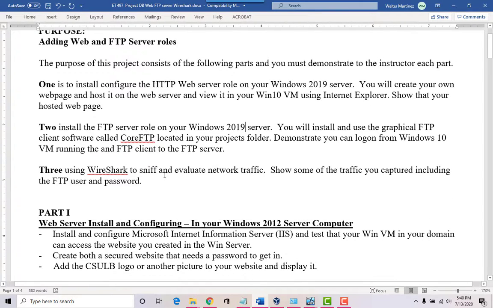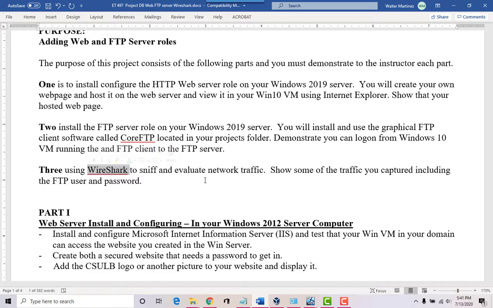And then the third thing we're going to do is install a tool called Wireshark. Wireshark is a product used to sniff packets. In other words, this software allows you to see what's going on in the network. Networks are really noisy systems, with so many packets going back and forth.